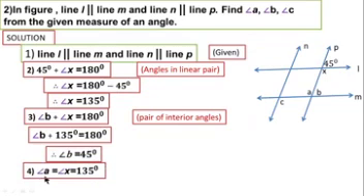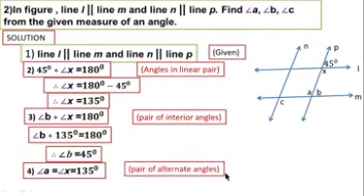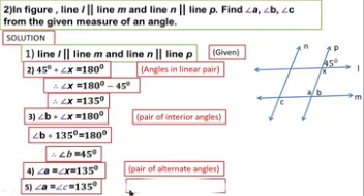Fourth statement, angle A is equal to angle X is equal to 135 degrees. The measure of this angle is equal to the measure of this angle because it is a pair of alternate angles. Fifth, angle A is equal to angle C, and this angle A is equal to angle C is equal to 135 degrees. Pairs of